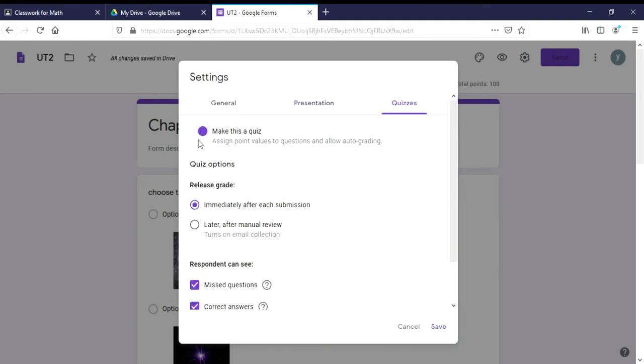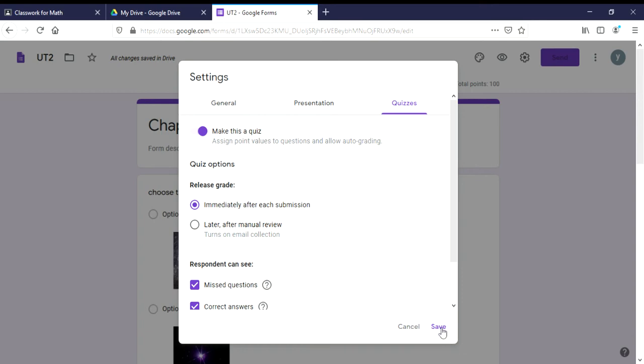The quiz. One, make this a quiz to allow you to assign points for every number. Two is release grade. This is the one that I was talking about just now. You can immediately release the grade after each submission, so your students will be able to check their score right away.